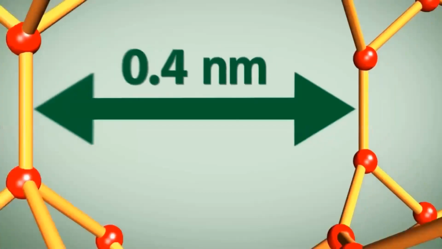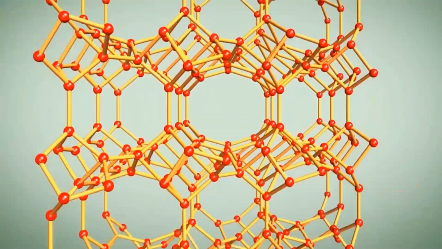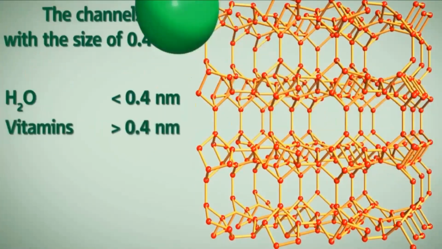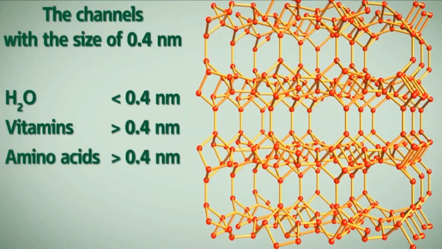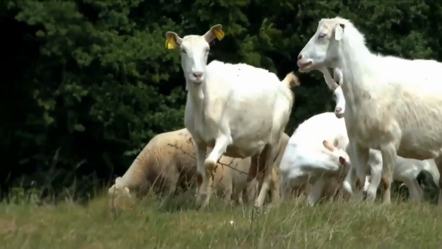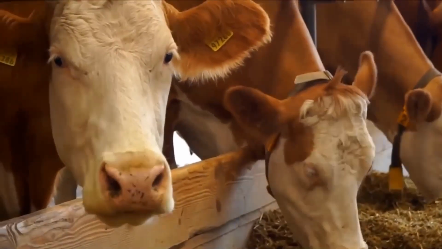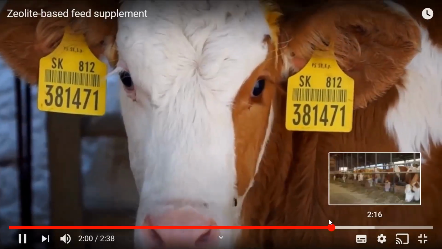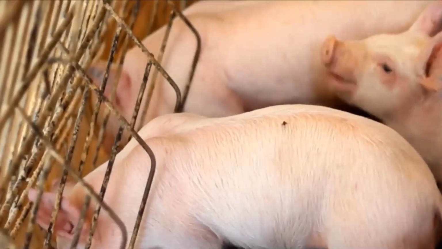Zeofeed has a three-dimensional structure, forming a network of cavities and channels that are 0.4 nanometers in size. This means that it does not absorb larger nutrient molecules, such as vitamins and amino acids. Zeofeed stimulates secretions in the digestive tract, promotes intestinal peristalsis, and helps improve the passage of antibodies through the wall of the small intestine. This increases the efficient usage of available energy in the feed, which results in higher production and a higher quality